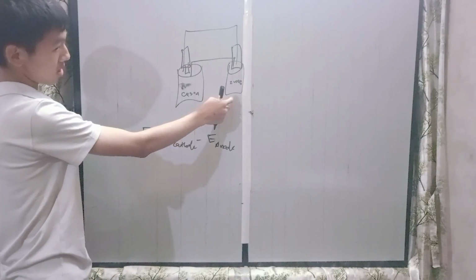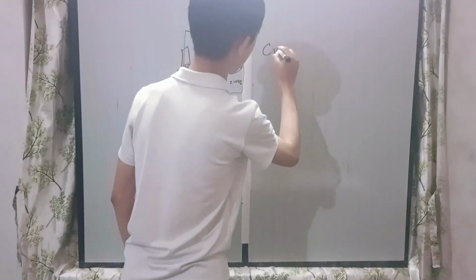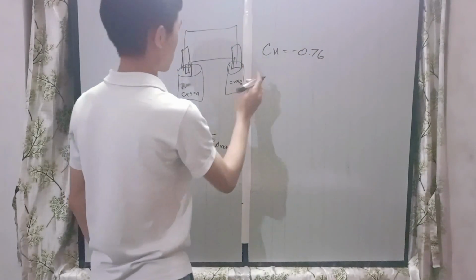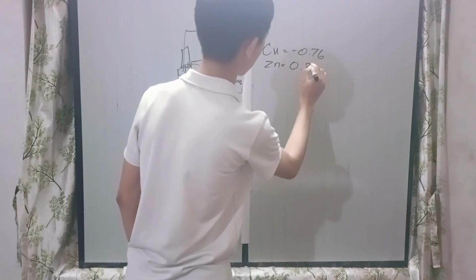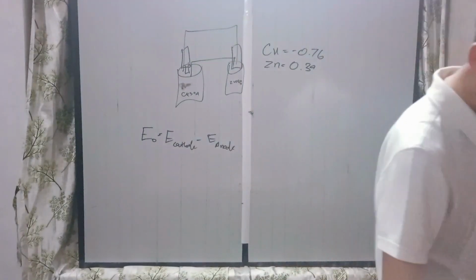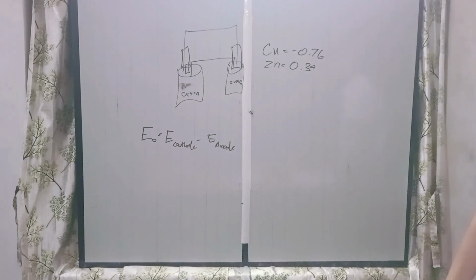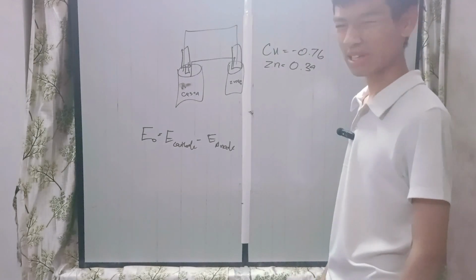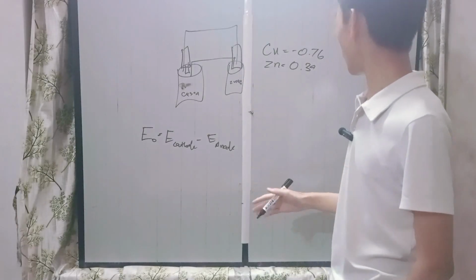This is copper. This is zinc. Copper has a value of 0.34 and zinc has a value of negative 0.76. Let's just take it as that. Okay, I might not be correct. Anyway, the thing is that